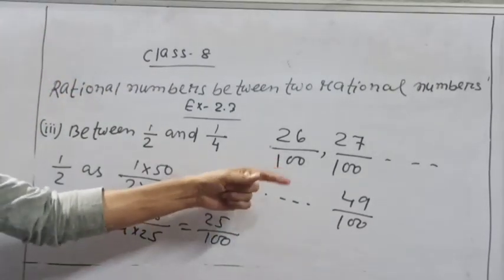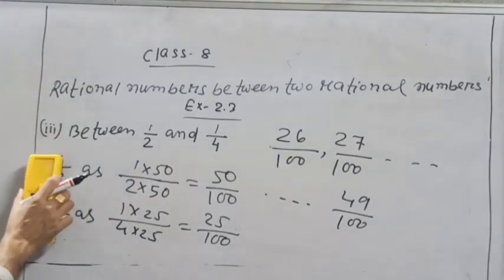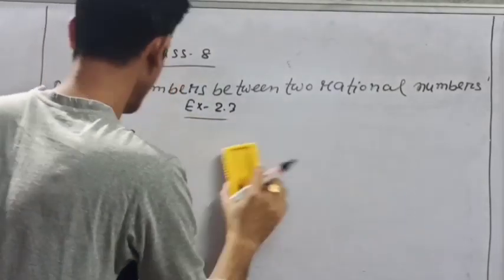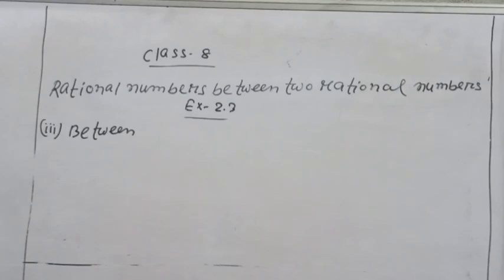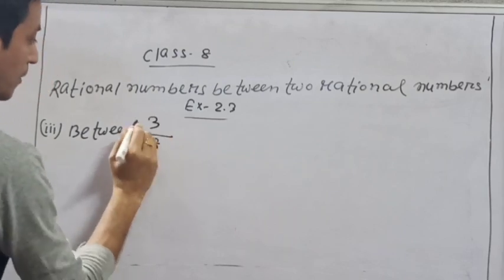So these are the rational numbers that lie between 1/2 and 1/4. So next we have -3 by 8,